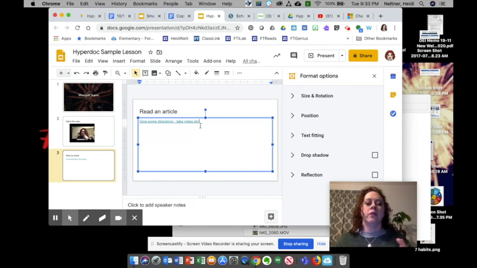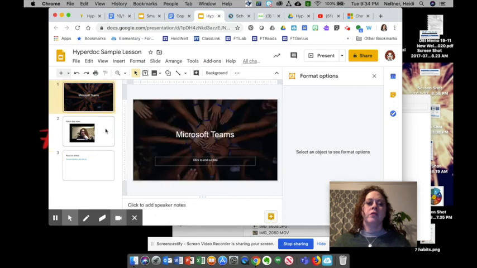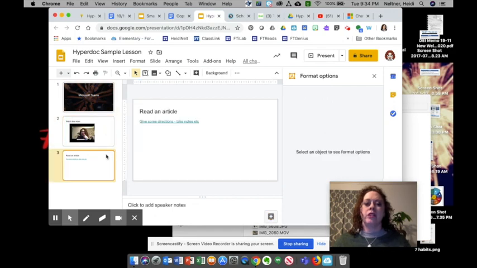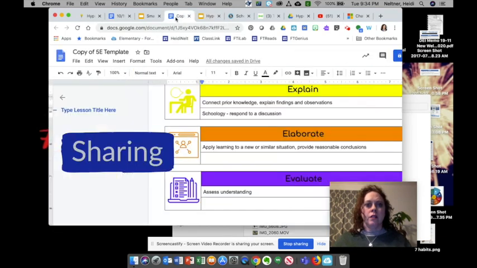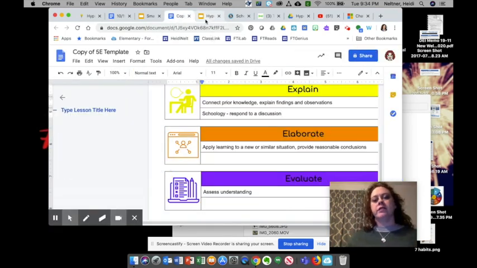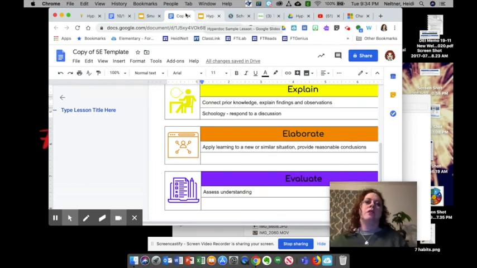And again, I just really almost prefer Google Slides for this because students can click through it page by page and it's easier to step through. Okay, so let's talk about then how you're going to share these in the different platforms. So to share them,